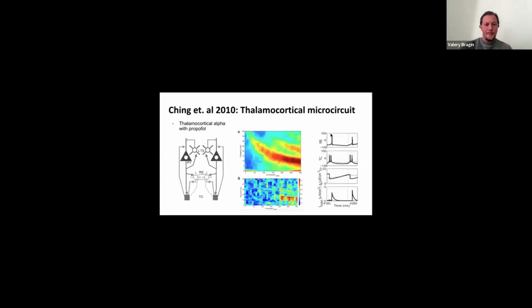This is from Qin et al., from Nancy Kopell's group. This is a spiking network model. It's not a neural mass or mean field model, but here they model individual neurons, and they assemble them into populations with synaptic connectivity between cells and populations, and also between populations.